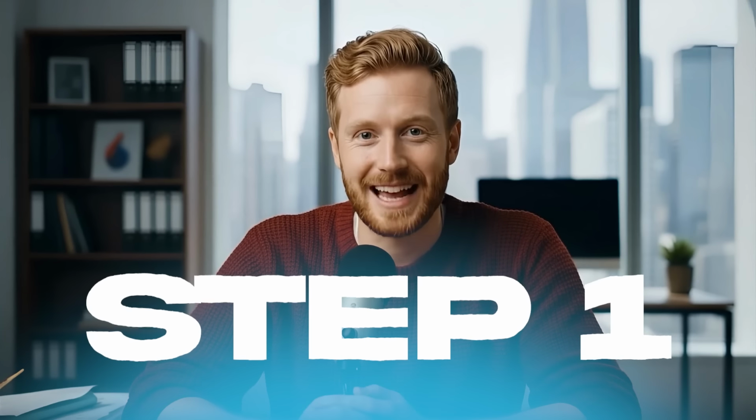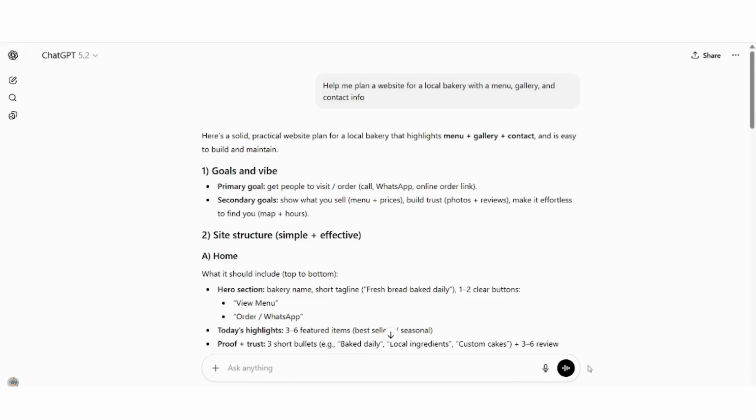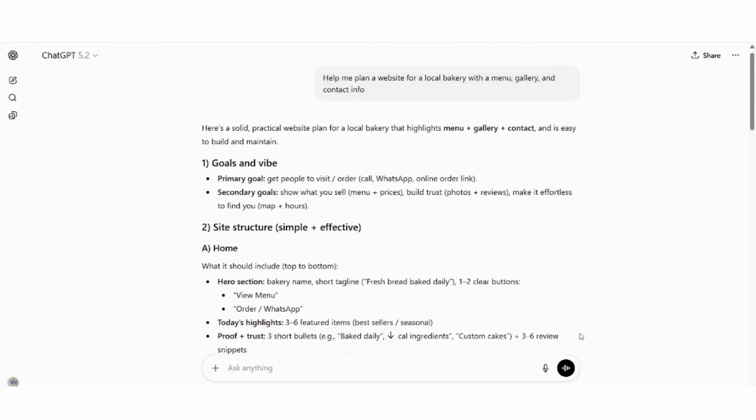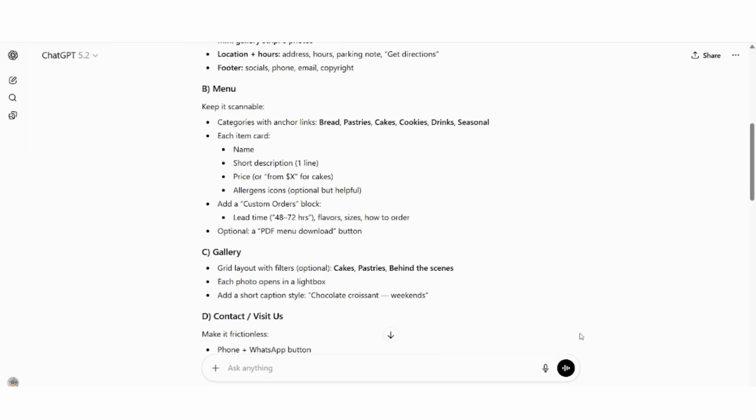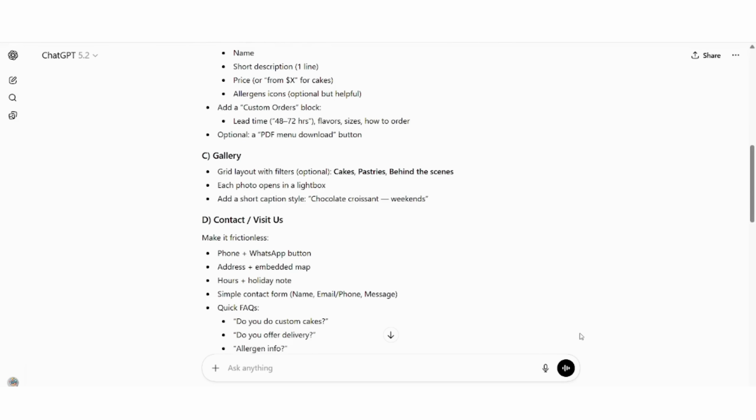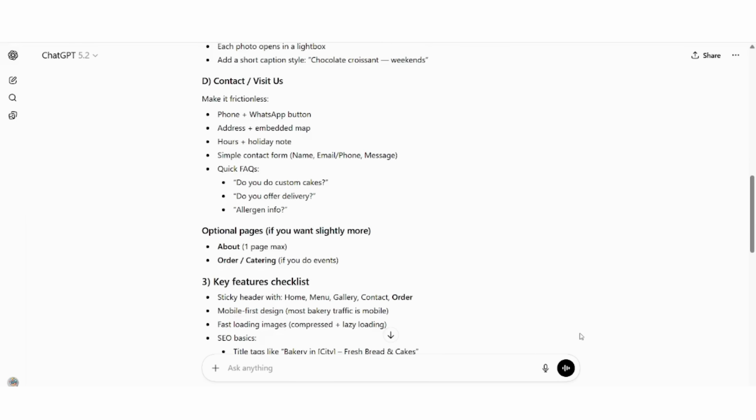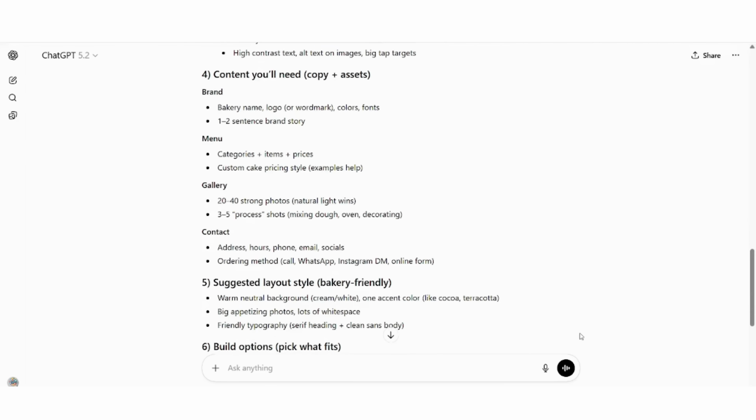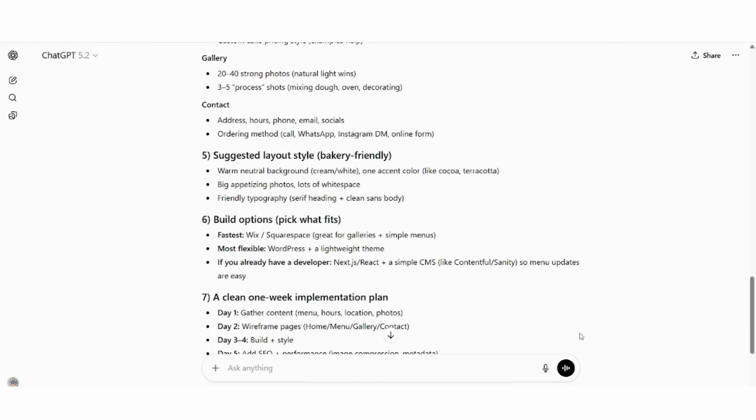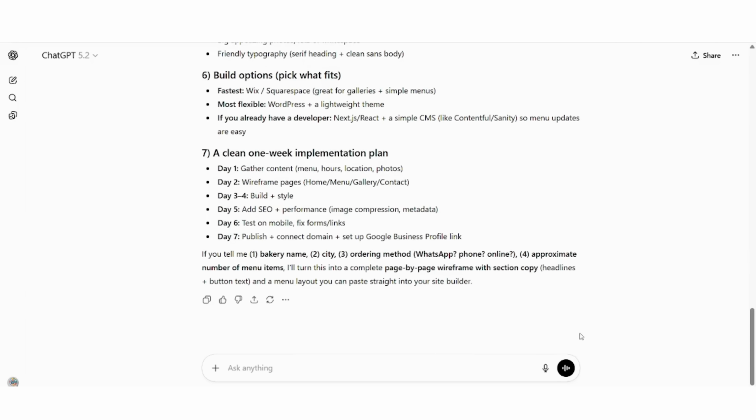Step 1. Plan your website structure with ChatGPT. Now here comes my absolute favorite part, using ChatGPT to plan your website before you even open Figma. This step alone can save you hours of guessing and second guessing because you're starting with a clear plan instead of a blank canvas. When I asked ChatGPT, help me plan a website for a local bakery with a menu,